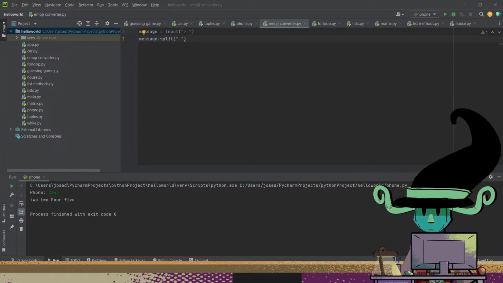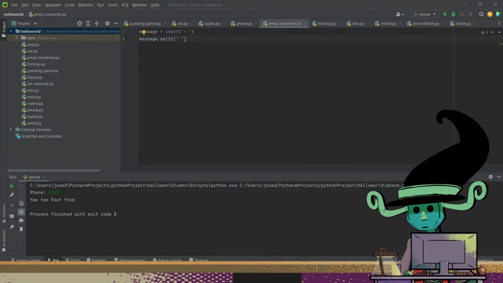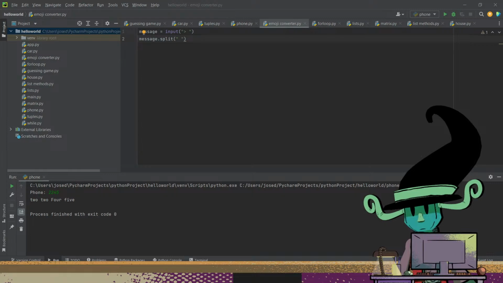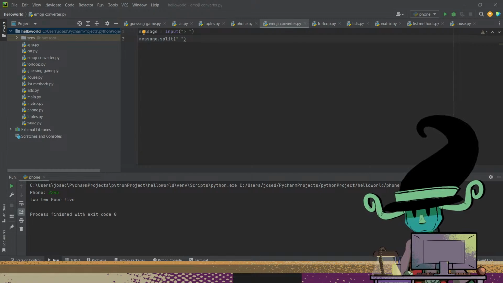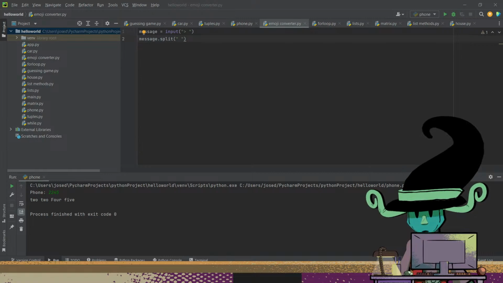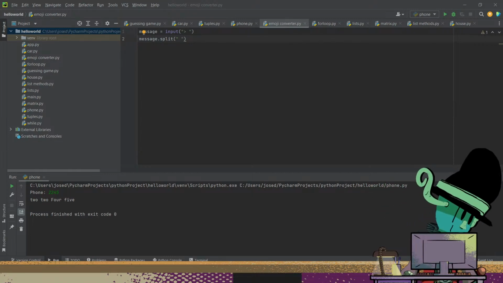Okay. Now, back to our program. We need to define a dictionary for mapping special characters like these two into a smiley face. So we can call that emojis. That is curly braces. Here we add a key value pair, a smiley face, and we map that to a string. In the string, we want to add an emoji. If you're on a Mac keyboard, you can press Control, Command. It should bring up this emoji box. On Windows, honestly, I really don't know how you can do this, but there must be applications that do this for you. So let's go ahead and